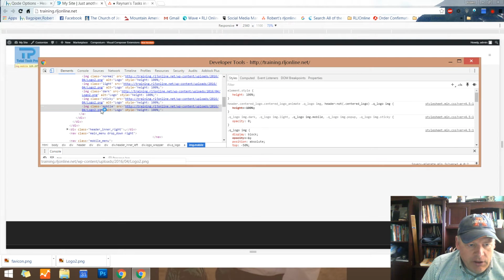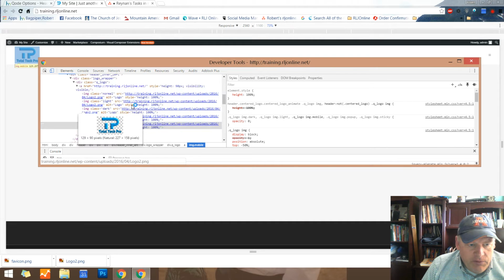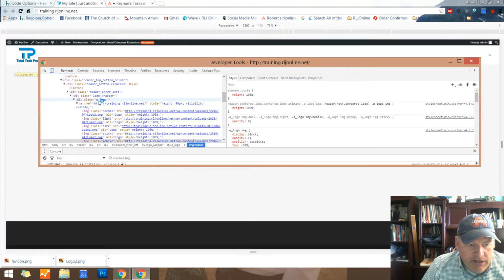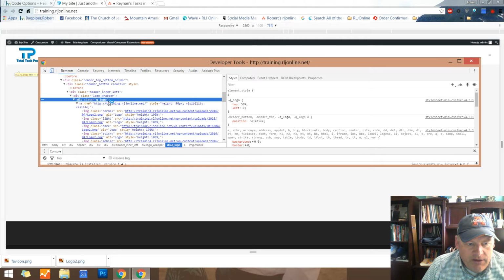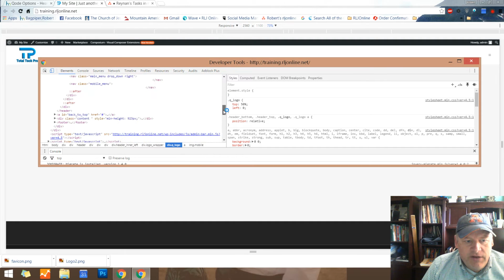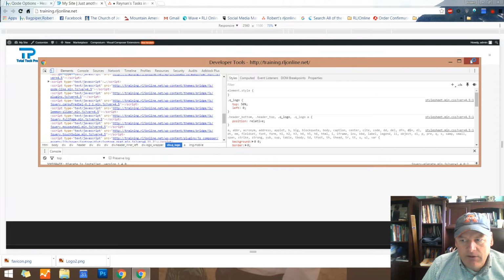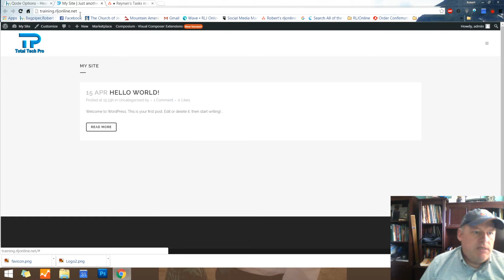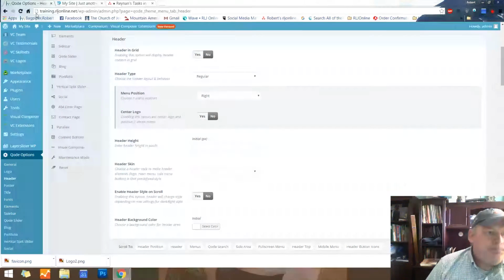And if you look, you can see it says logo 2, but the class reference right here, you see right there, it says Q underscore logo. That's what the class is for this. And generally by doing that process, you can find out what the classes are for each of these elements. And you should be able to know that. I'm just probably teaching you something you already know. So anyway,